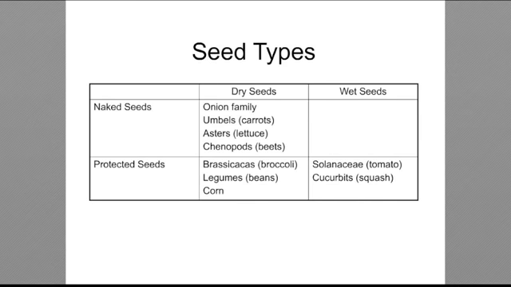Or corn has the husk that protects the kernels inside. So these crops can tolerate humid conditions better. And then wet seeds have that fleshy fruit around them that also protects them. So wet seeds especially, because stuff like tomato crops and squash love heat and have that protected fruit, do really well